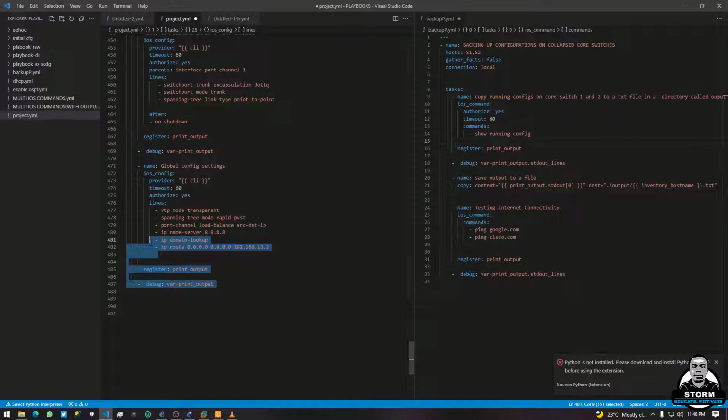And when we are done, it's very important to copy our running config. So let's say we have 50 switches. How can we copy the running config from all those switches? Without wasting much time, I wrote this simple code. As you can see, the code says backing up configurations on collapsed core switches, which is S1 and then